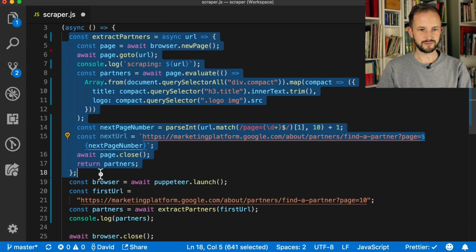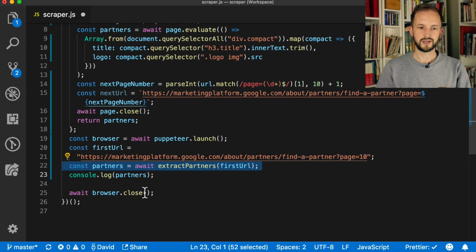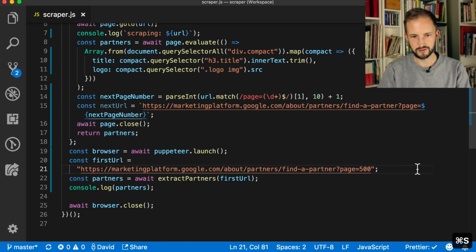And we moved things into this extract partners function instead, because we want to be able to call it multiple times. And here we're just awaiting extract partners from the URL we inputted. Let's just enter a really, really high page here and see what happens. Node